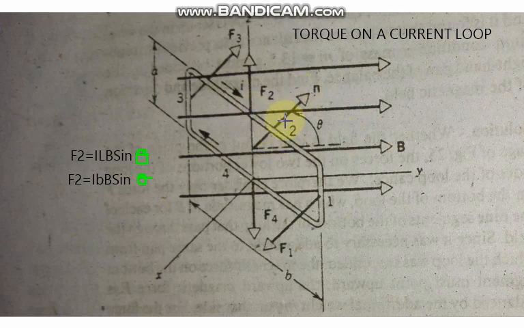The unit normal n to this face is also the normal to this side as well. This is the direction of the unit normal n, and since it is normal to this side, it means that this whole angle